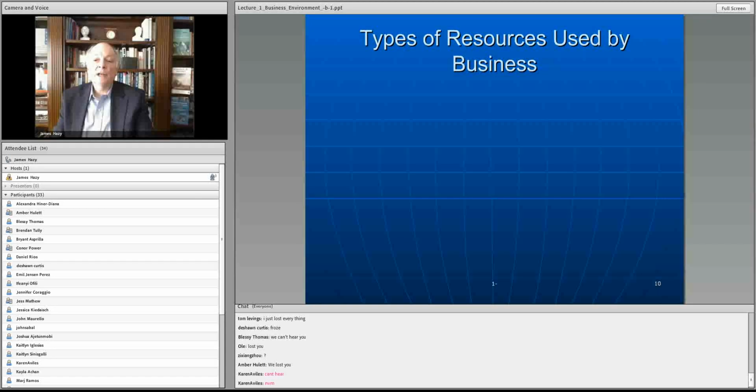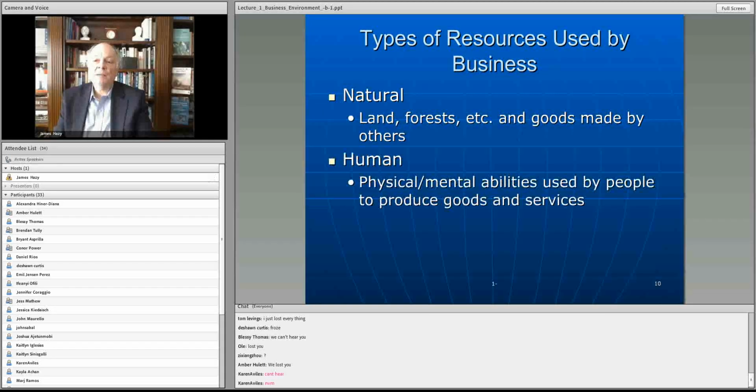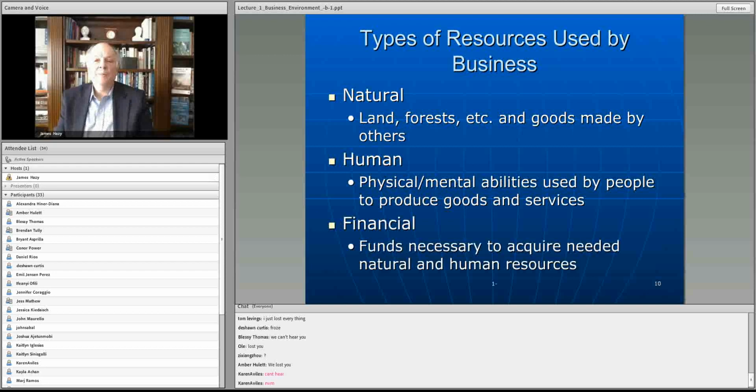Now we're going to switch discussion a little bit and talk about what it is that businesses actually are able to do, what they have at their disposal in order to create a value proposition, bring in profits, reinvest those profits, and then continue with the value proposition and create this flywheel, this continuing, growing feedback system that's continuing to take off and sustain itself over time. Essentially, there's three kinds of resources.